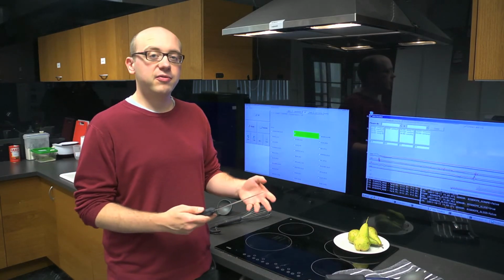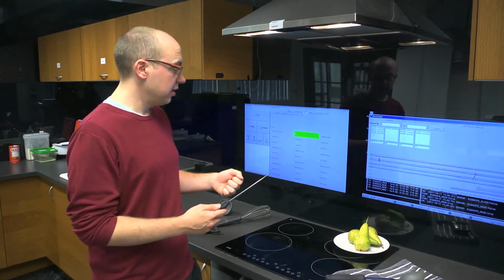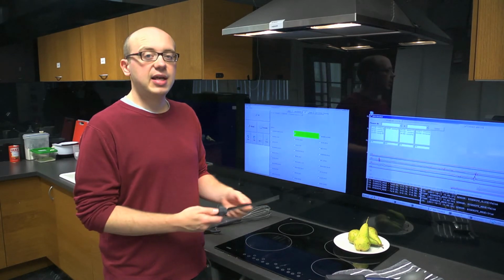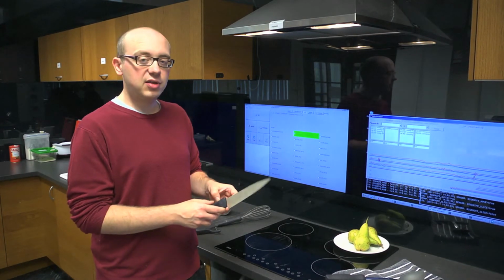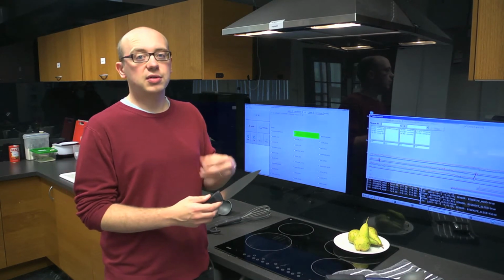So we were able to then take the information from the activity recognition layer and use it to inform the prompting system. For example, if the user is asked to slice pears and the system detects slicing motion, then it can infer that the user has actually gone along with that action. If it doesn't see any slicing, then it might be able to prompt the user again or to translate the